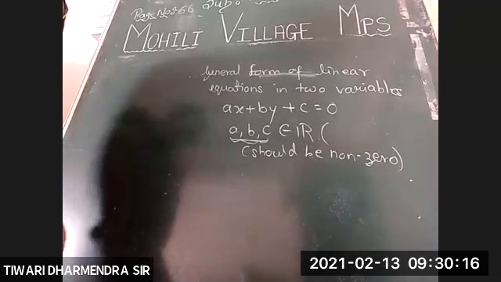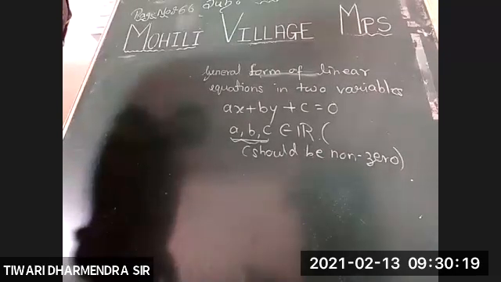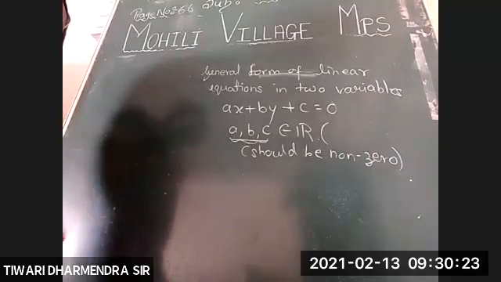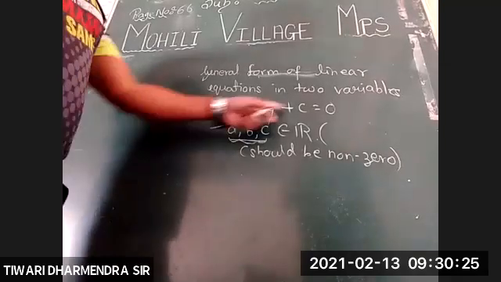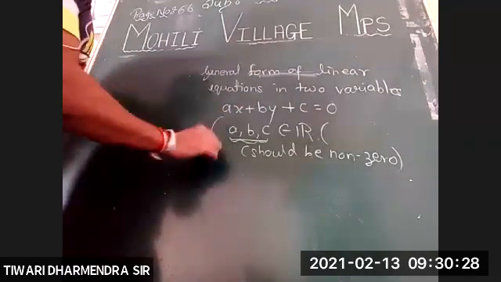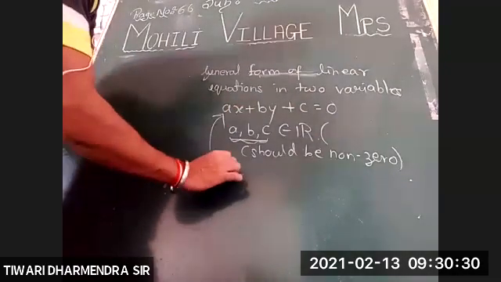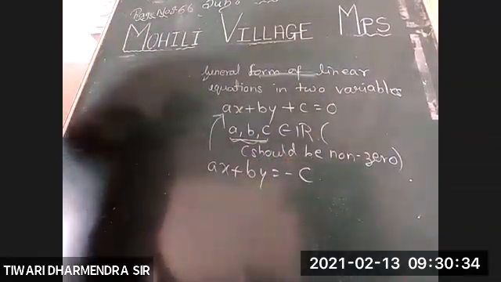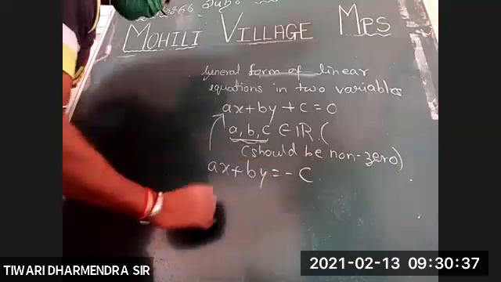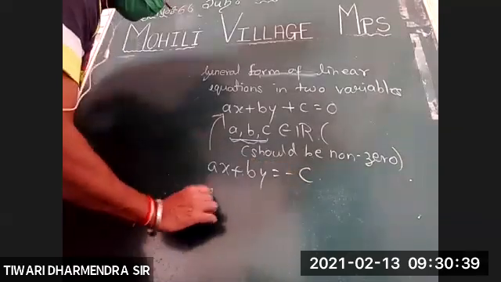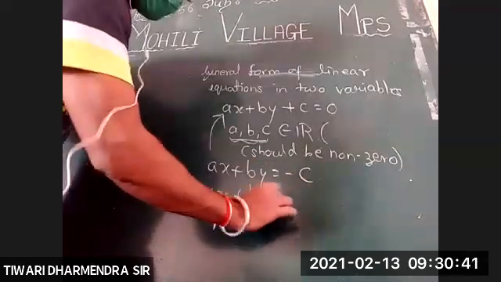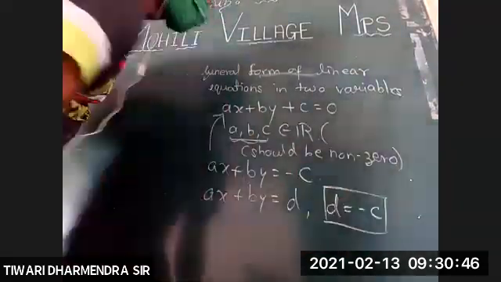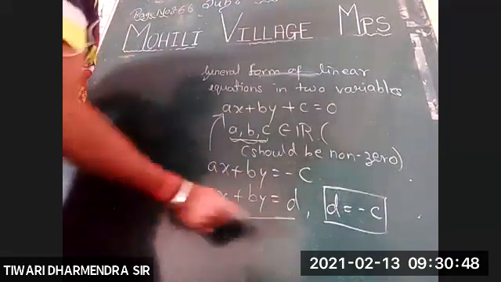So it becomes useless, or you get the direct answer that is 0 equal to 0. So because of this only, they have applied a condition. This is called a general form. And it is nothing but an actual form of our equation. You can write it as ax plus by equal to minus c. Even this will do. And you can give minus c a name, say ax plus by equal to d, where d equal to minus c. This belongs to real numbers. So it has taken the form that we have done earlier.